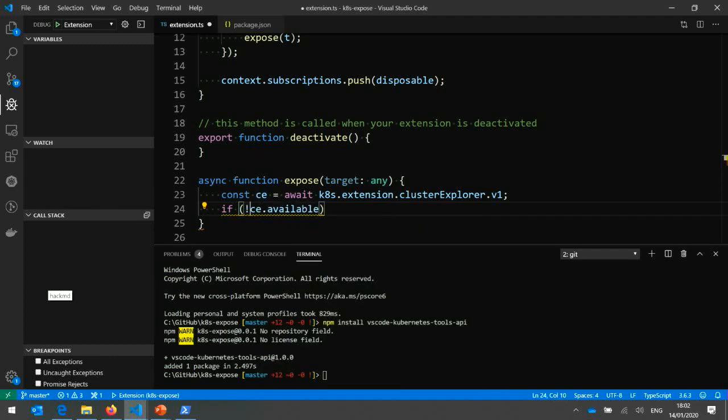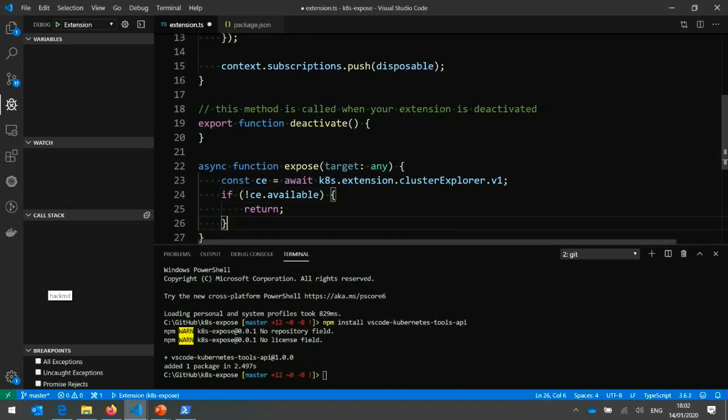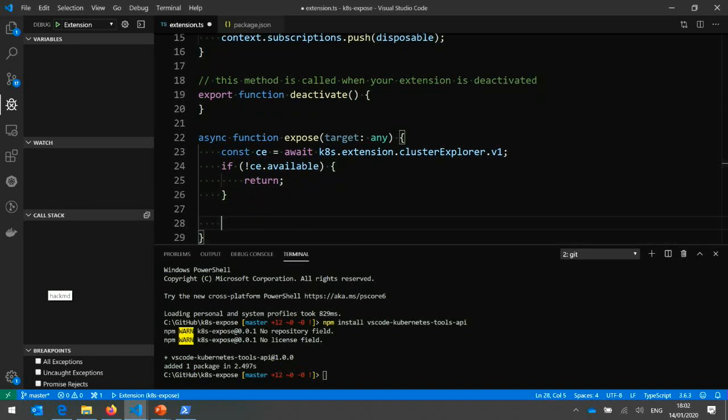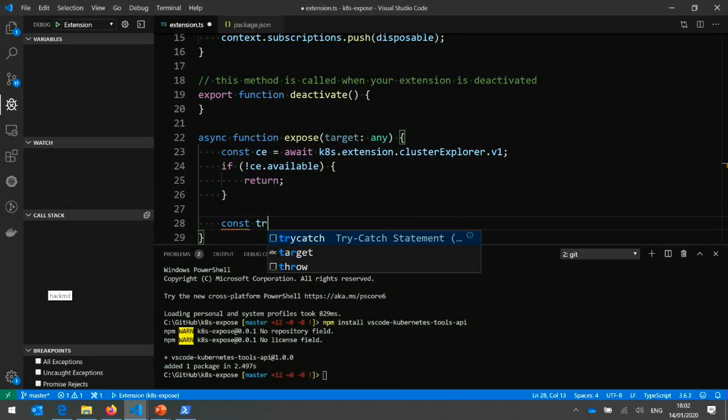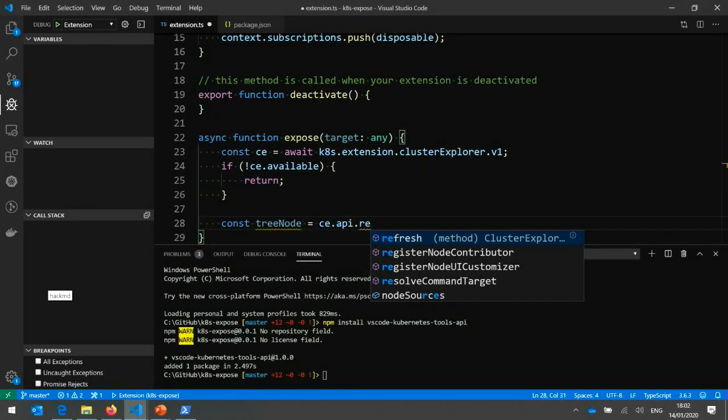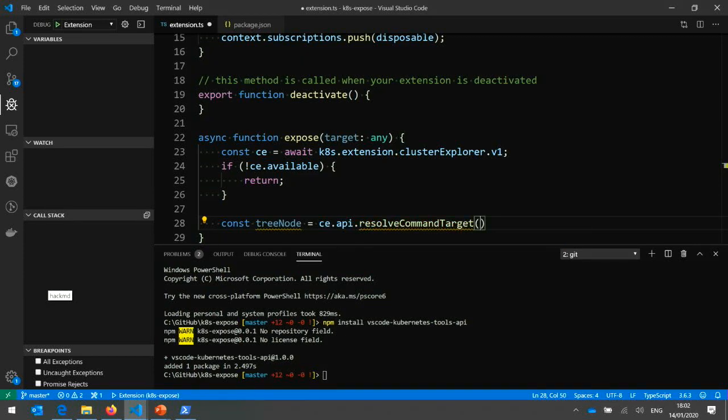If it's not available, then we'll do some super elegant error handling that the user will absolutely know what to do with. Assuming that all is well, we'll go const treenode equals ce.api, and there's an API called resolve command target,